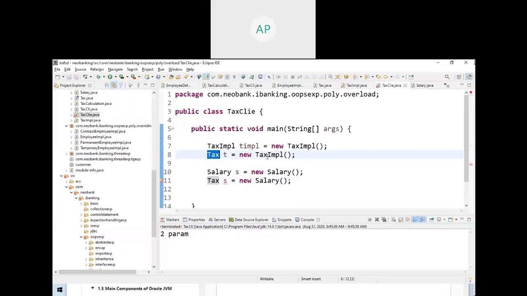Now this variable is also pointing to TaxImpl, and this one is also pointing to Salary. See here, interface type.